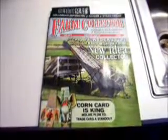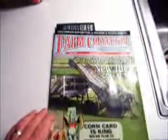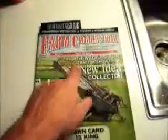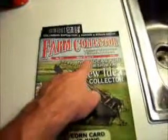What I wanted to show you this morning is the Farm Collector magazine. My father gets these and passes them along to me when he's done. This particular one is May of 2013. The article I'm going to show you is volume 15, issue 10. And there's an article in here about a guy who had a